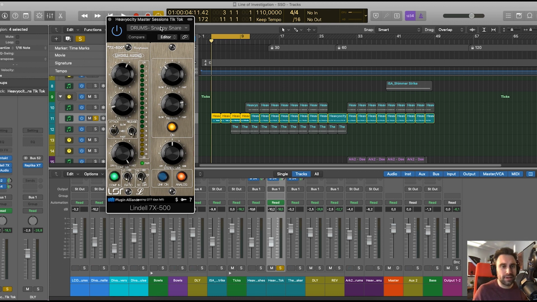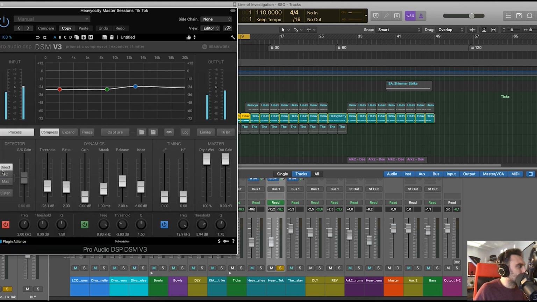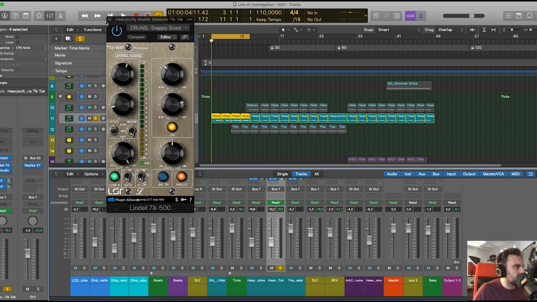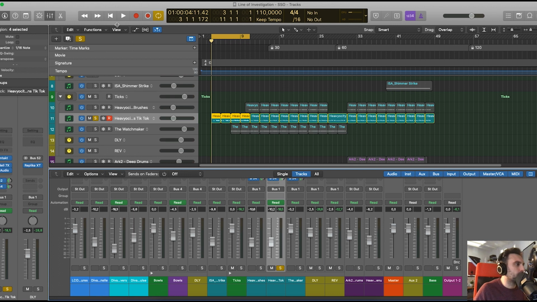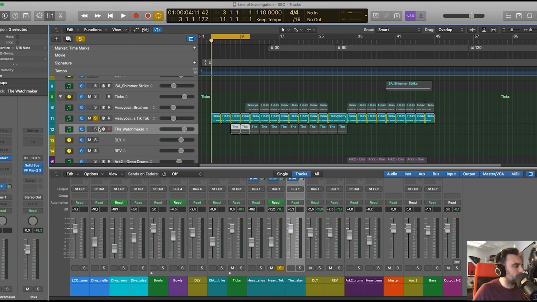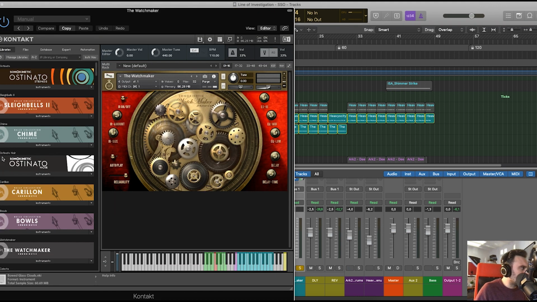This is not a snare. I always use it as a starting point for a lot of percussive bass stuff, and then I tweak the settings, not very professionally at all. And I don't want to go too much into mixing because it's really not what this is about. But this was the pattern, and I sort of augmented it with the Watchmaker by Sonokinetic,